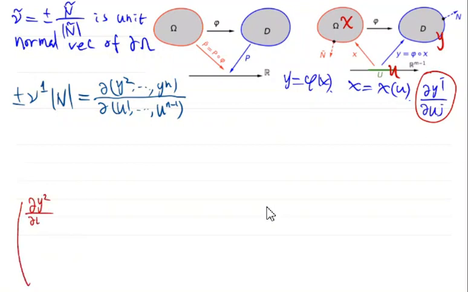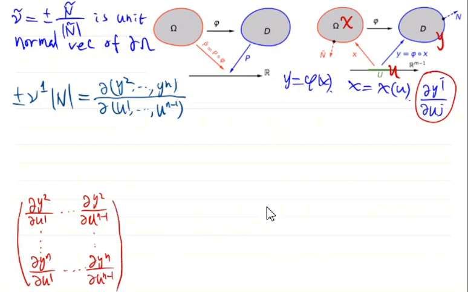y2 u1, y2 un minus 1, yn u1, yn un minus 1. This matrix, what we want is the determinant of this matrix. This matrix can be written by the multiplication of the Jacobian matrix for y with respect to x, multiplying the Jacobian matrix of x with respect to u. That is